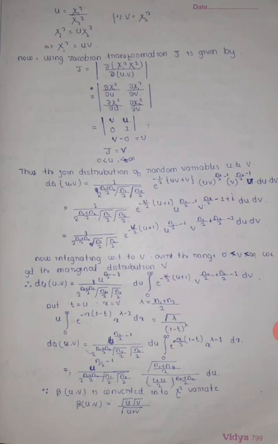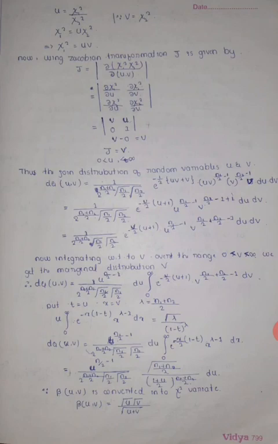Therefore, lambda is equal to (n1 plus n2) upon 2. Using these values, the integration from 0 to infinity of e raised to minus x into bracket (1 minus t), times x raised to lambda minus 1 dx, equals gamma of lambda divided by (1 minus t) raised to lambda. Therefore, g of u is equal to u raised to n1 by 2 minus 1 divided by